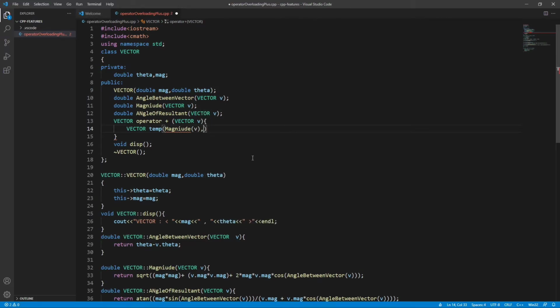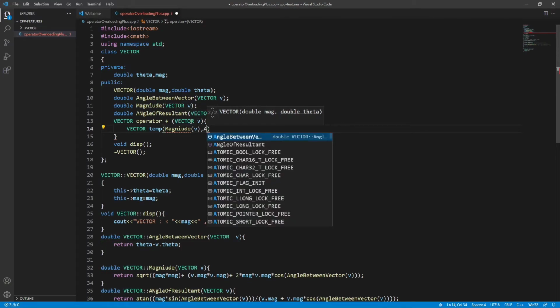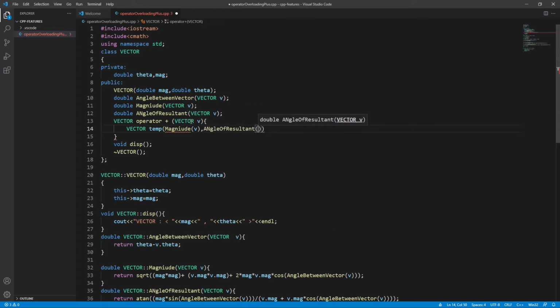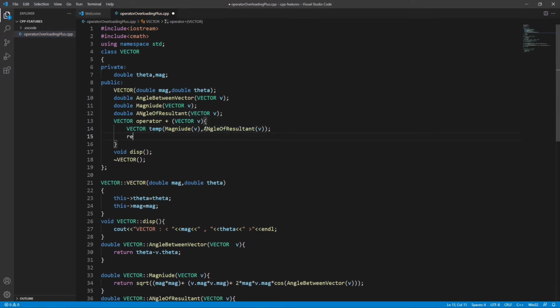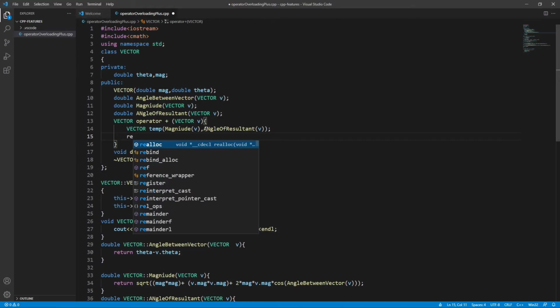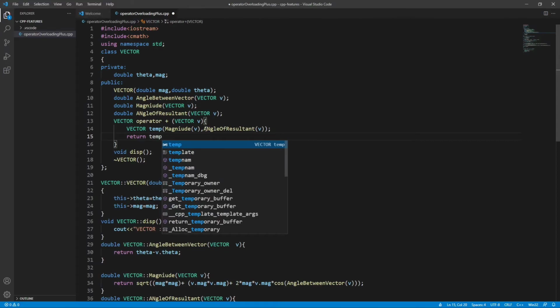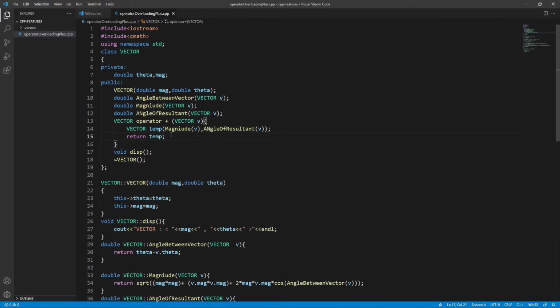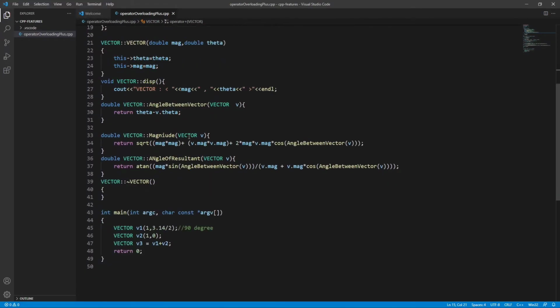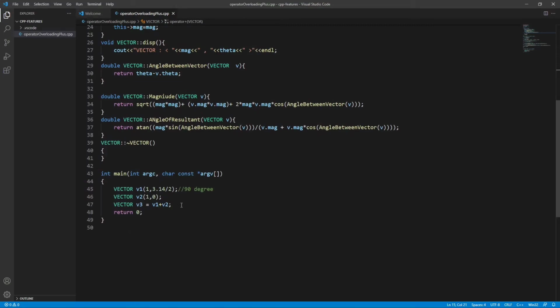Similarly, we have already calculated the angle of the resultant, that can be directly called here, and I guess it's done. Now we just have to return temp. The temporary vector that we have created is returned, and now you can see that there is no error.